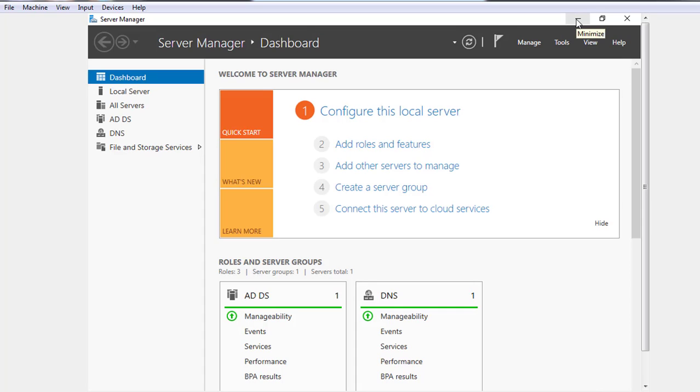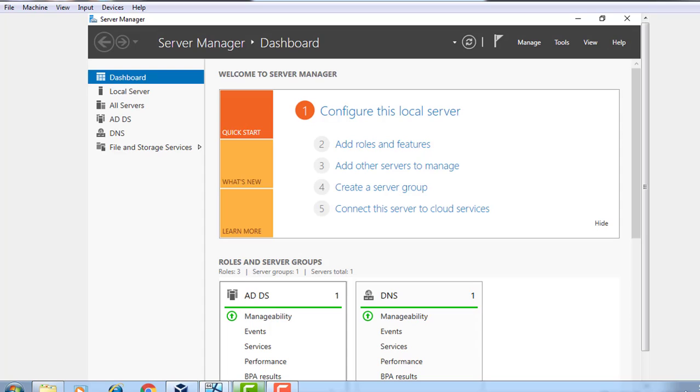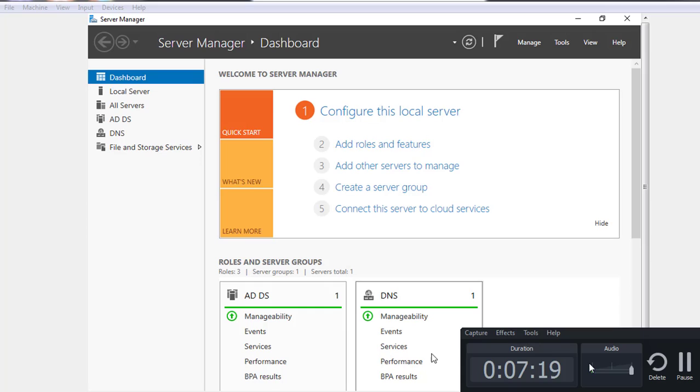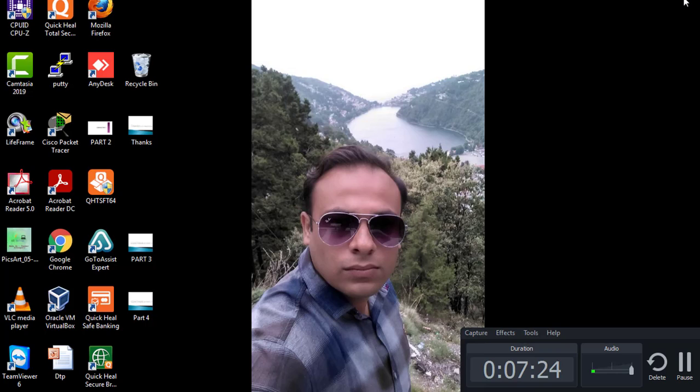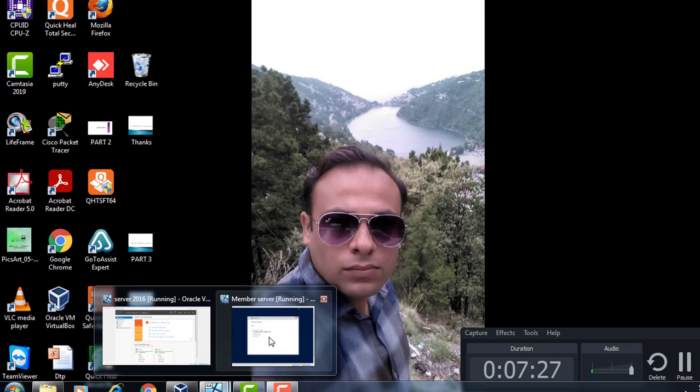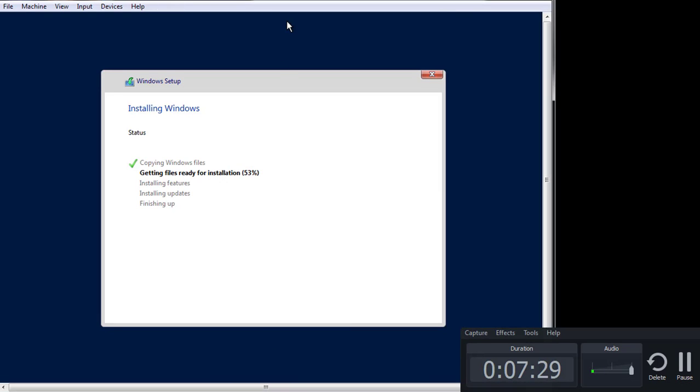And in the next practical of this series we will do the Distributed File System. For DFS, we have already created a member server. It looks like this. The member server is the same, the OS is Server 2016. We have deleted the Windows 10 client, but in the next practical we are running on the member server. So a similar OS serves as client, member server or client. So the DFS practical is the next practical.